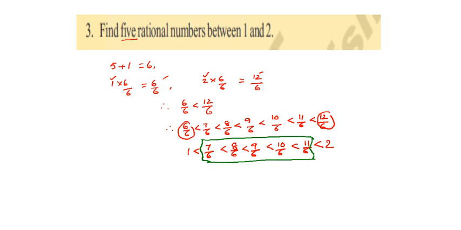This is called a single step method. You may go through the mean method also. What is the mean method? If you take a is equal to 1, b is equal to 2, you may find a plus b by 2. That lies between 1 and 2. Already in the previous video we have discussed. You may do that in that method also. Okay. Now we move to the next question.